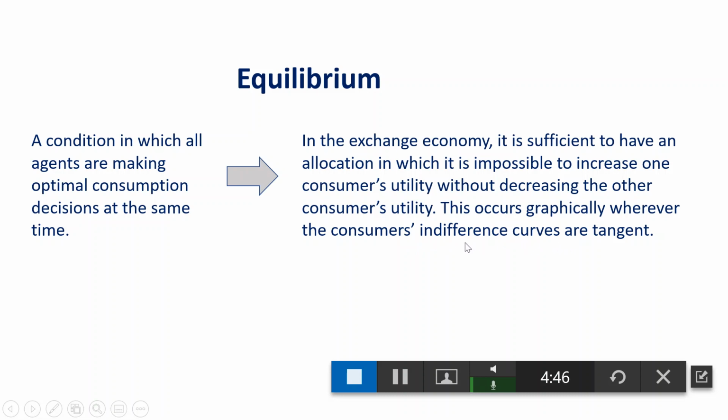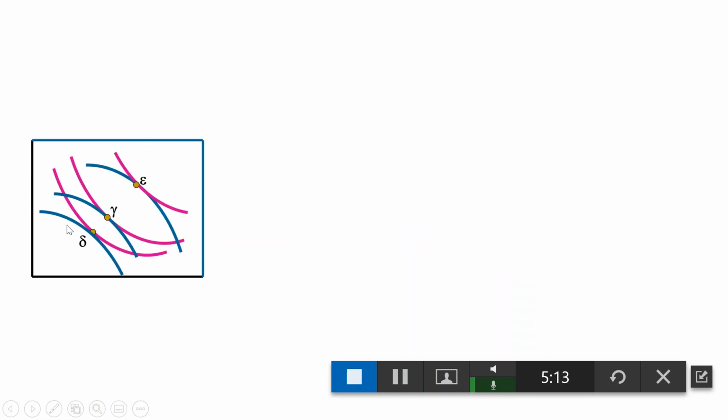So we have just seen that in the Edgeworth box we are drawing both A's and B's utility indifference curves. So now, when do we find the optimal quantity where A and B both find their optimal consumption? That is wherever your consumers' indifference curves are tangent. Blue is B's indifference curve, and you can see the purple one is A's indifference curve. Wherever they are tangent, that gives you the optimal consumption point.